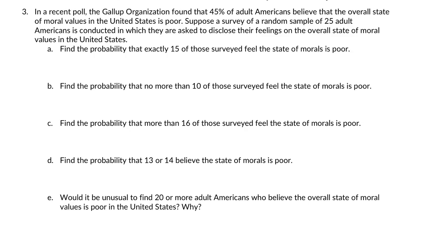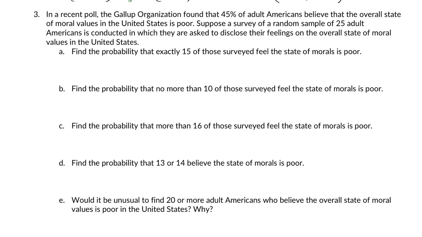First things first, before we do any calculations, we check to make sure it's binomial. Is there a set number of trials? What is the set number of trials? 25. So our n is 25. Are they independent of each other? Yes. Do we only have 2 outcomes? Yes, because the question is, do you think the overall state of moral values in the United States is poor? Yes or no? That's 2 options. What's the probability of success? And that's the same for all of the trials. So we have a binomial experiment here, and now we can use all of the formulas we've done from class